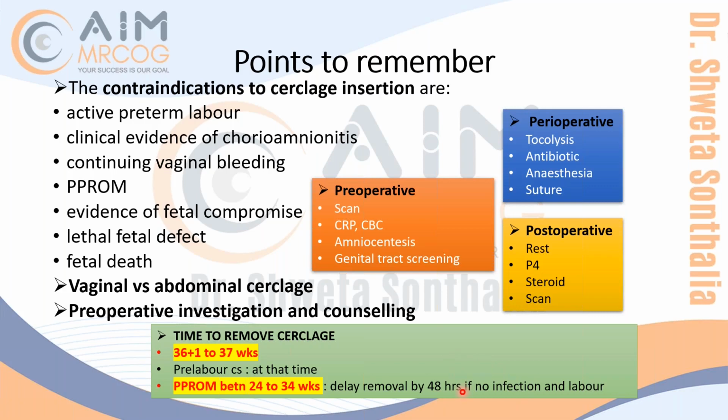So if in the scenario they give you like 30 weeks, she came to you, she has undergone cerclage, now rupture of membrane, she's not in labor and there is no sign of infection, in that case, you will wait for 2 days for the steroid to act because already there is a cerclage. So let us keep it for 2 days. This is the logic behind that. If less than 24, you will not wait. If more than 34, you will not wait. So be careful. If they give you 34 plus 1 week, you will not wait for 48 hours. If they give you between 24 and 34 weeks, you will wait for 48 hours before removal of cerclage.